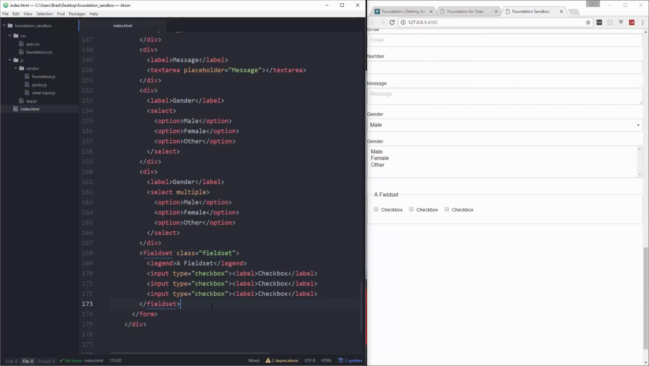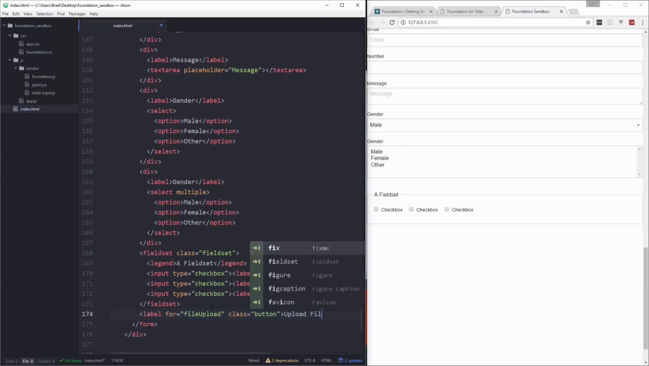So we can also do upload buttons. Now it's usually very hard to style an upload button. It doesn't work in most browsers, but what we can do is, let's say label, and we're going to give it a for attribute of, say, file upload. Okay, and we're also going to give it a class of button, and let's say upload file,